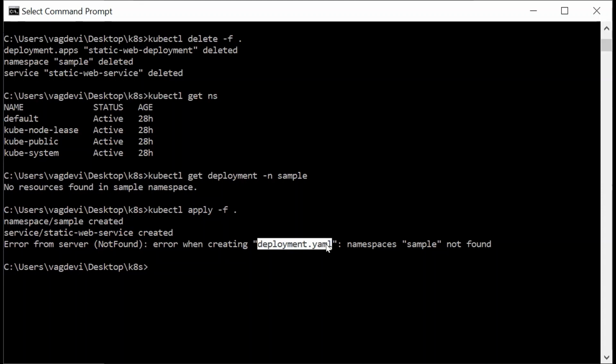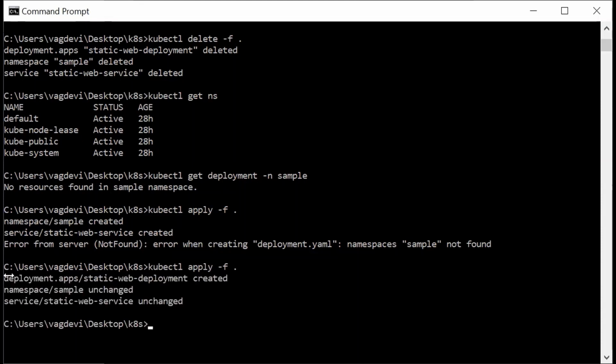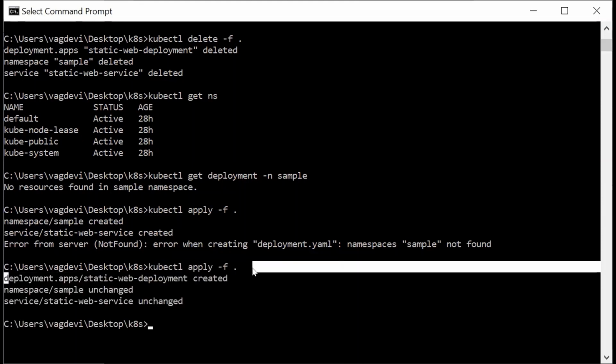But by that time the namespace.yaml file is not yet read, right? So that is the reason the deployment is not created at that time. But we can see that the service is created because N comes after D and S comes after N. Now if we again apply the same, we can see that the deployment is now created.